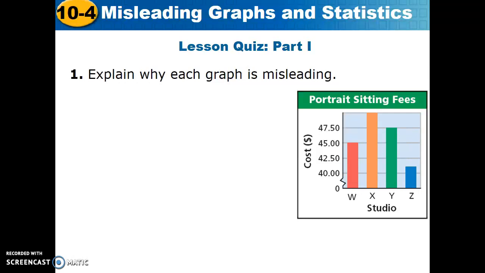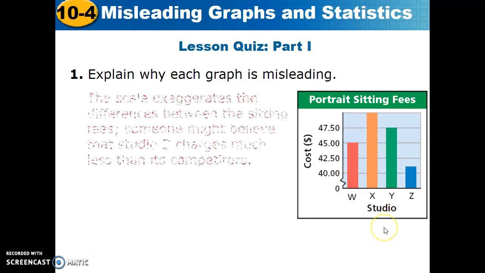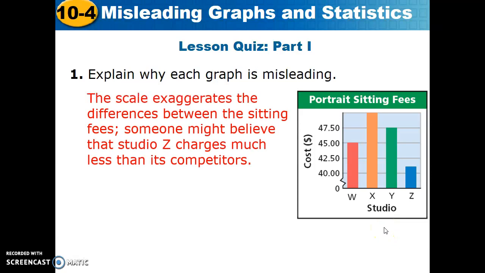We're going to look at this as another practice problem. Explain why each graph is misleading. Let's look at this one. We see our vertical scale from 40 to 4750, jumping up by 250, 250, and 250. However, it is a broken graph, which distorts the difference between the bars. It exaggerates the difference. Someone might believe that Studio Z charges much less than its competitors, when in fact